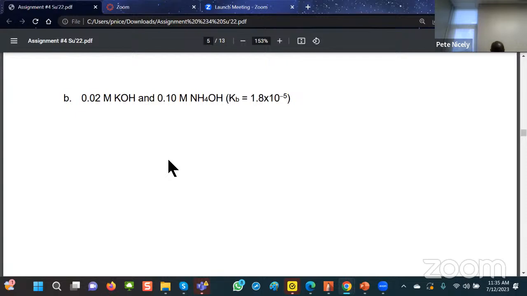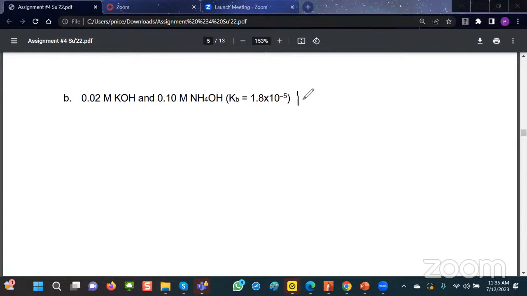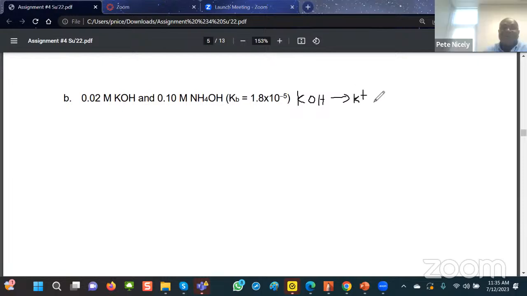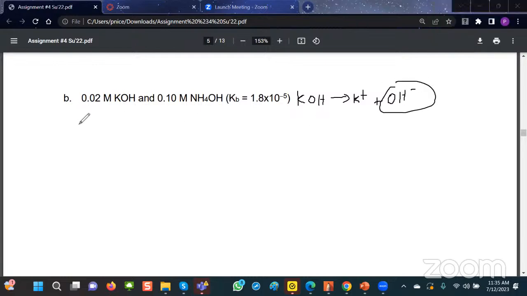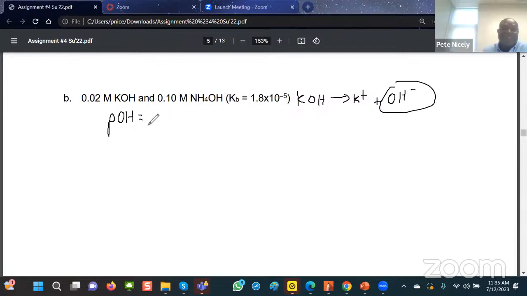So let's start off with the potassium hydroxide. So what's the first step? How would you determine the pH of potassium hydroxide? Anybody? You write out the equation to find the 1-to-1 ratio and then plug it into the pH equation. You sure about the pH equation? Just kidding, the OH. You mean pOH, right? Yeah, so pOH would be equal to minus log of